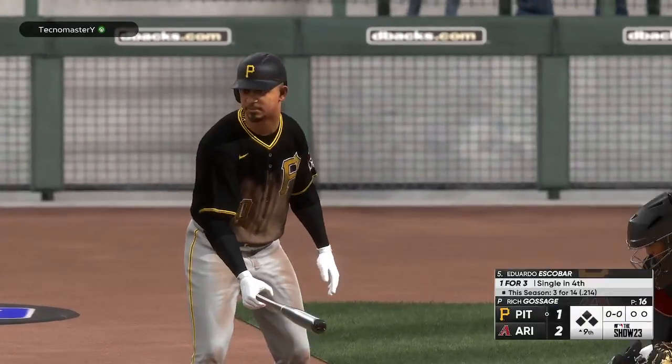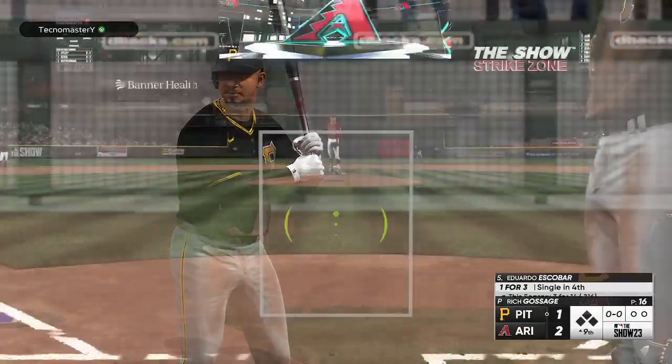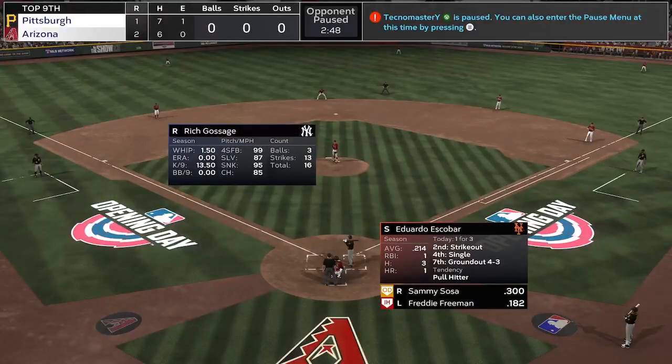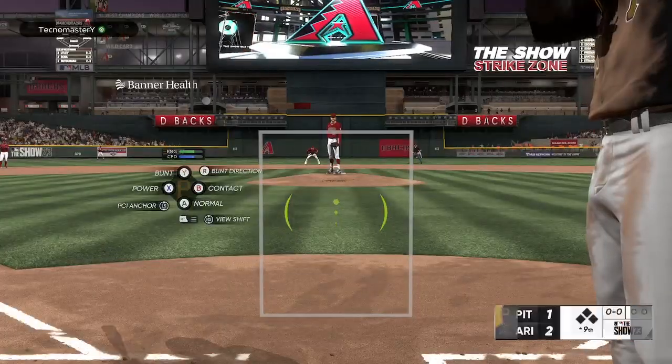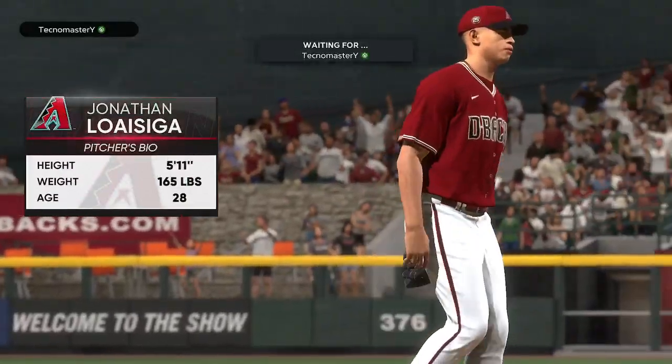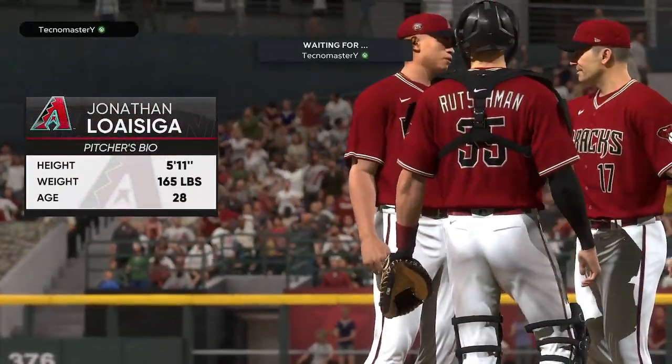Welcome back. New inning getting started. And now it's going to be Eduardo Escobar. Ladies and gentlemen, now pitching for the Diamondbacks,